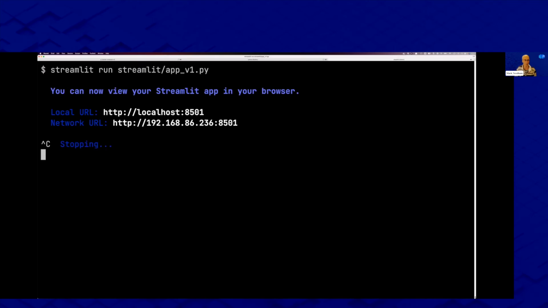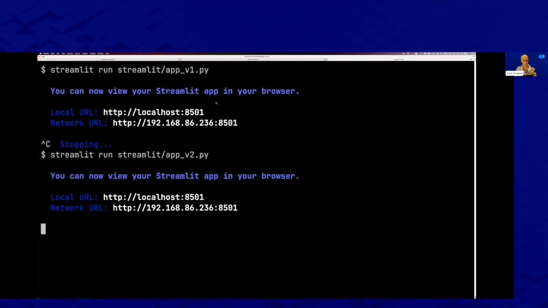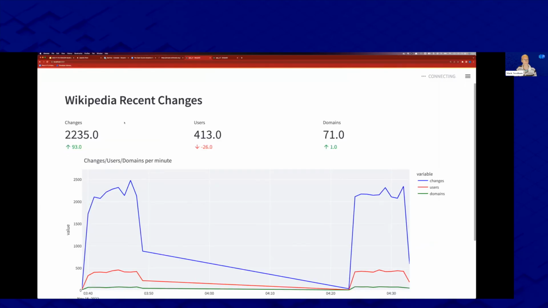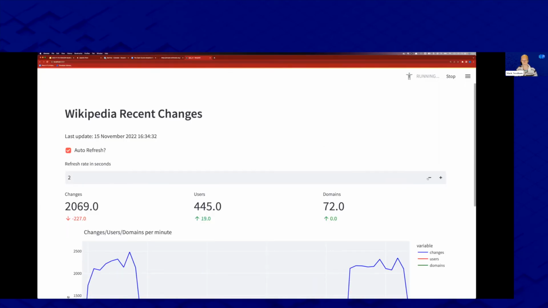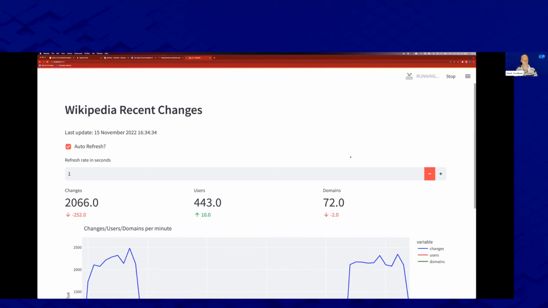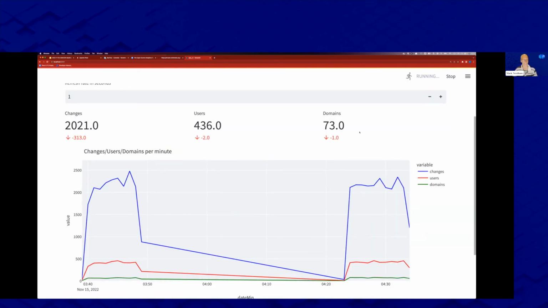So let me just show you the auto refreshing version of this tool. This is version 2. I'll show you the code in a minute as well. What this one does is it's now got an auto refresh. So we can say, hey, every 1 second, I want you to go and rerun that query against Pinot. And you can see the little one on this side is going up and up and up. That's because this minute is obviously not as complete as the previous minutes. So this is showing the changes grouped by minute, and then on the top, we've got just what happened in the last minute.